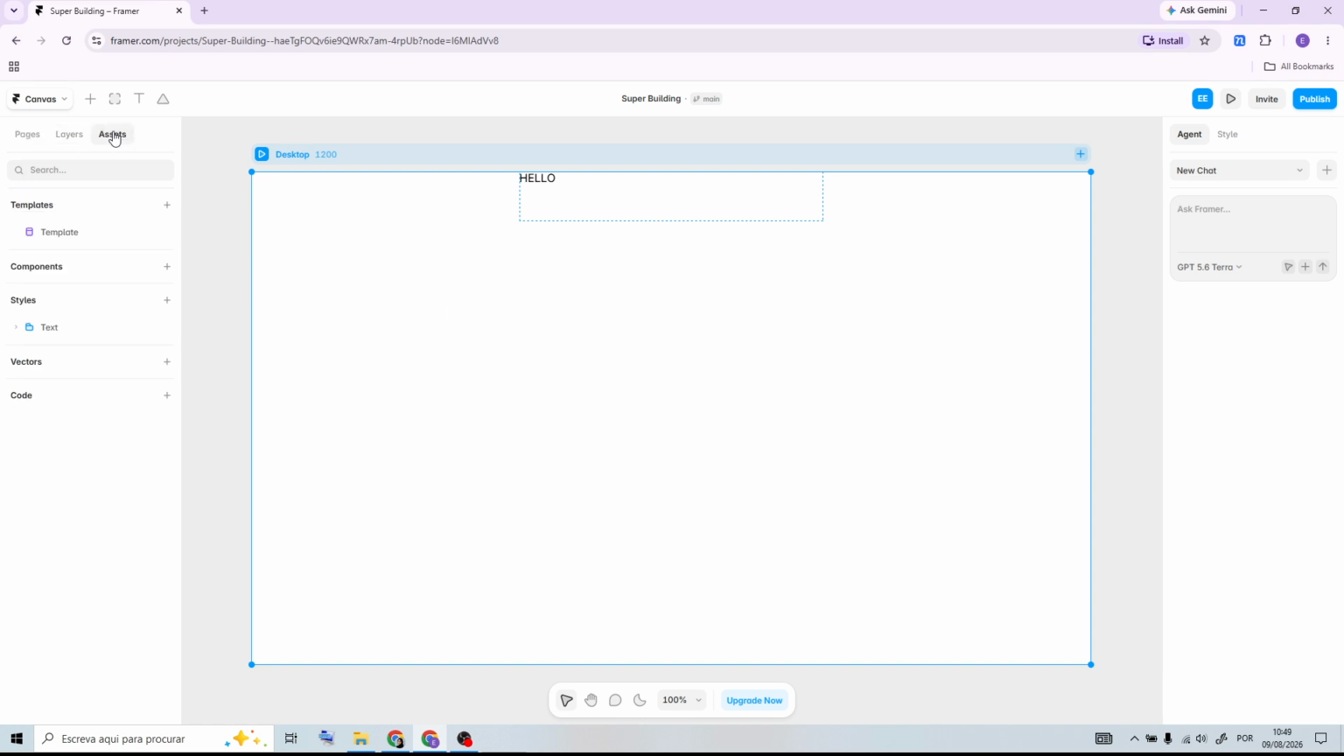Finally, save your changes and publish the website. After publishing, test the live page and check that the title, description, URL, and social sharing information appear correctly. And that's it. You've successfully learned how to add SEO settings in